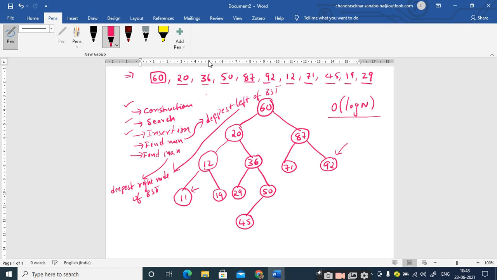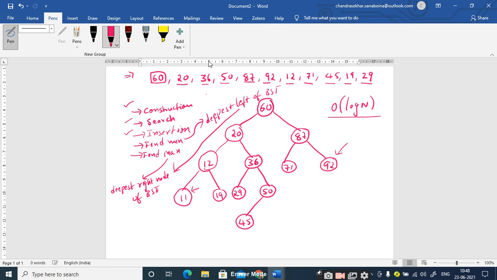Right, until you find a node where the right address is null. So once you find such a node where the right address is null, then the node which the pointer is pointing to will be the maximum element. Is it clear? Clear, sir.